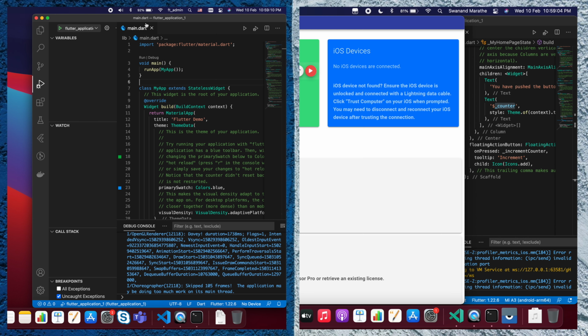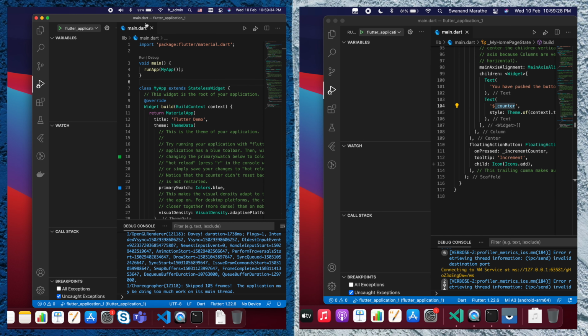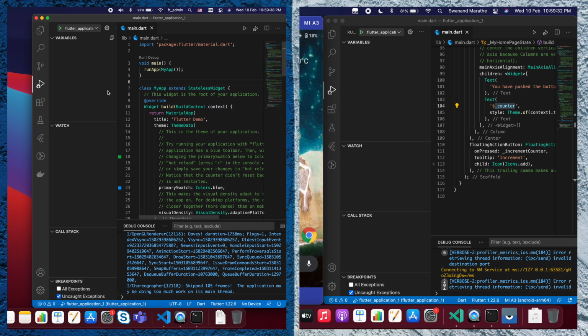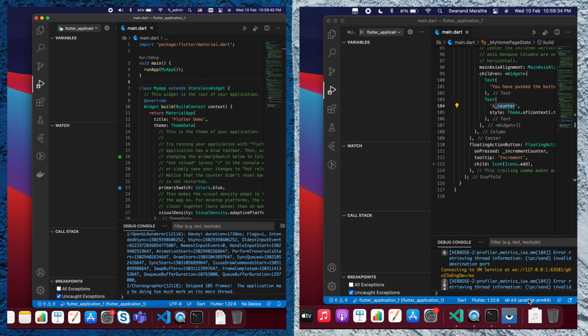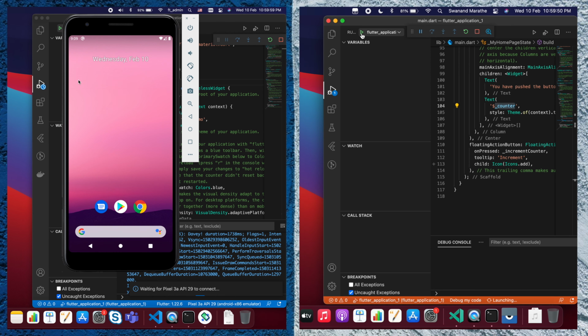And now here we are also hearing the fan noise from the MacBook Pro. Okay, so now we have connected a real device. Here at the bottom we can see the device name on the M1, and now let's try to run the app, clicking at the same time. There's 1, 2, and 3.